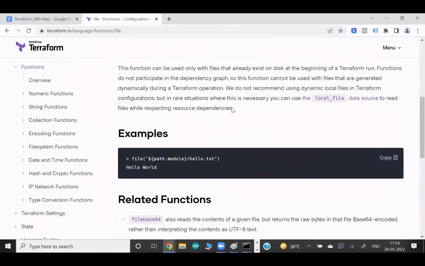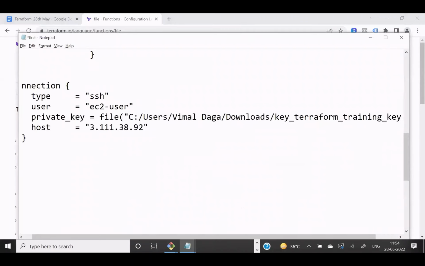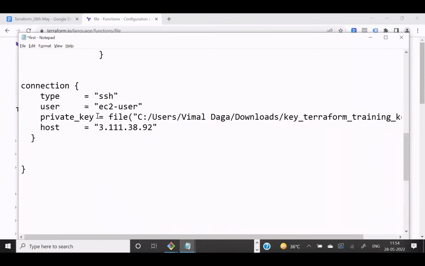That's what we wanted, right? So I can give the file function and the entire path inside it. Now the file function will read the entire content and give it as a normal string